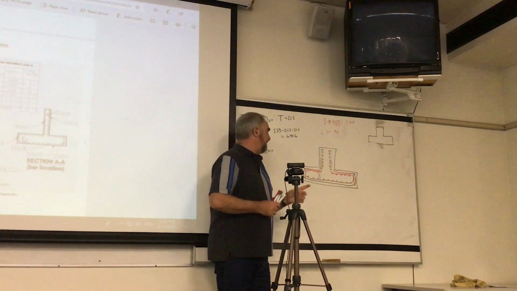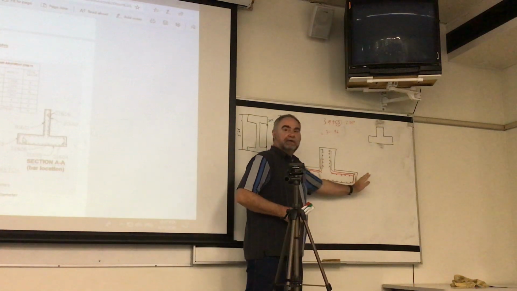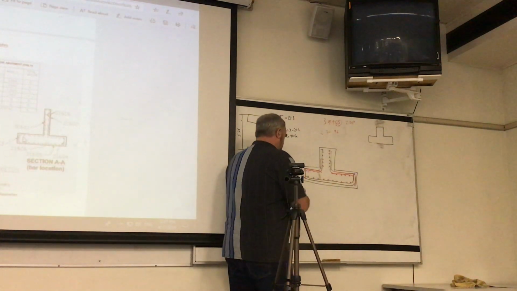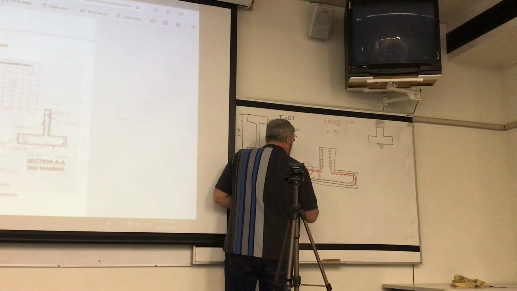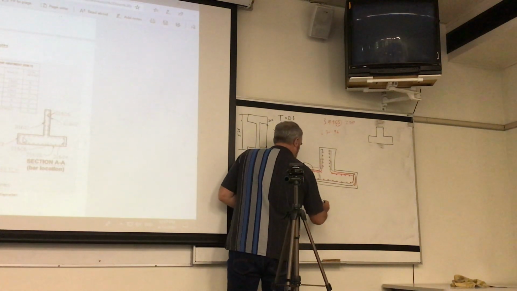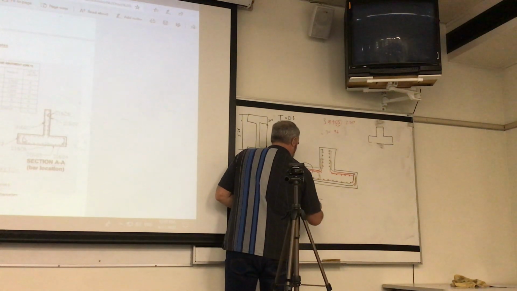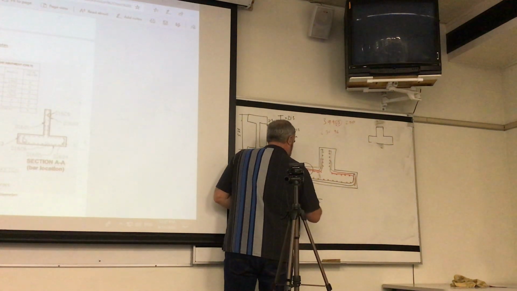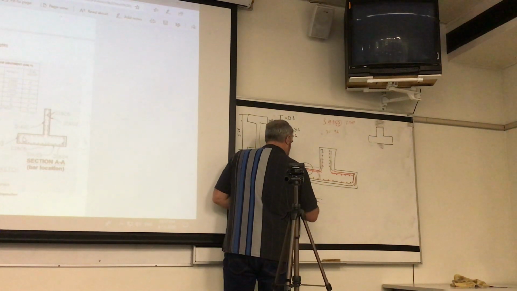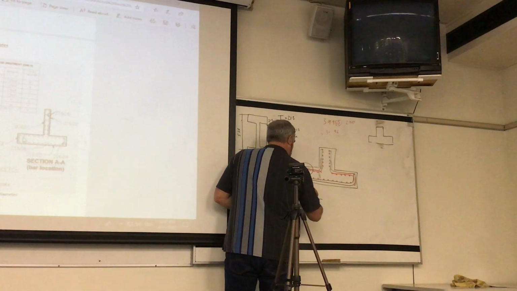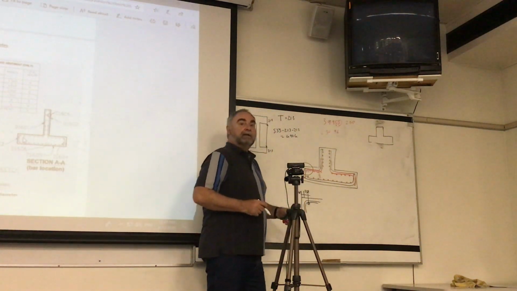The thing to remember is that when we're calculating how many bars in this direction, we always take it that distance is going to be equal to the cover and 2 times the diameter. A mistake that students make is they take the